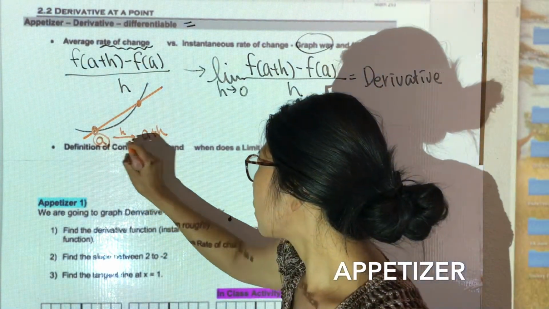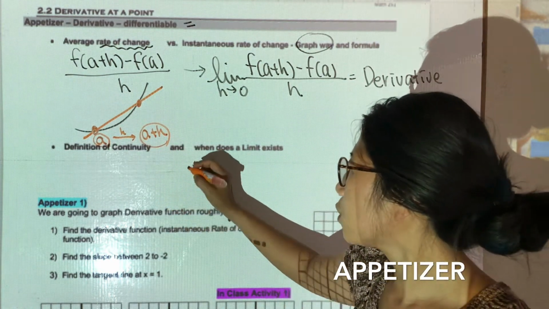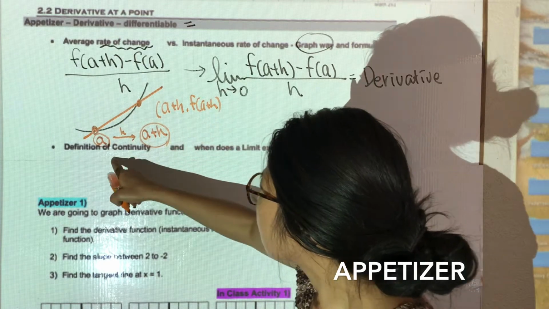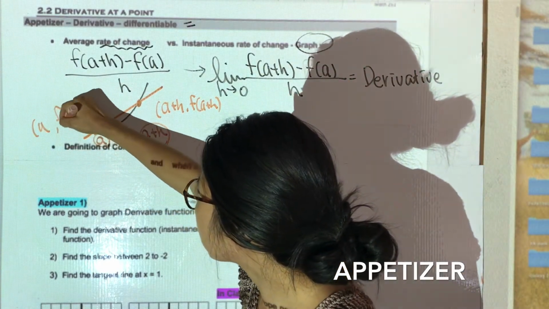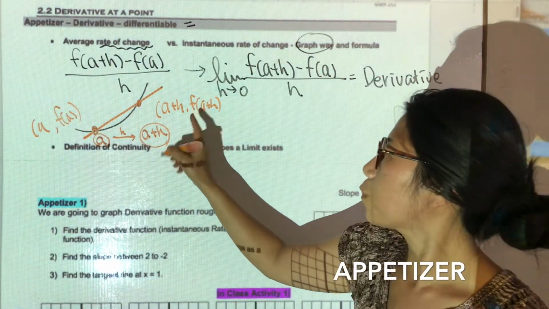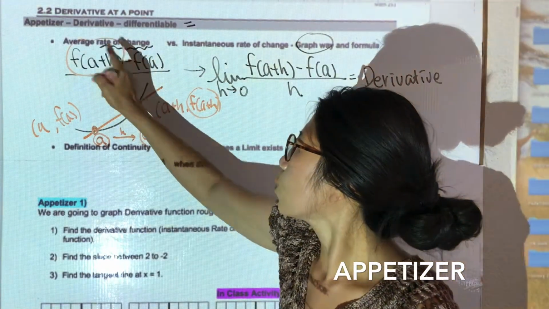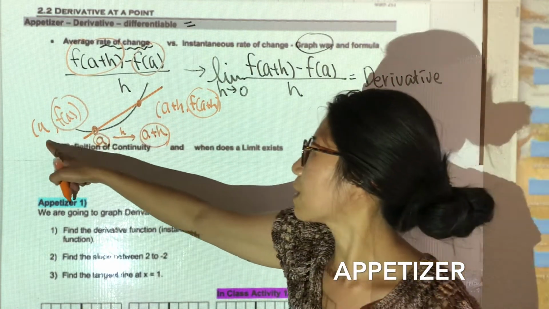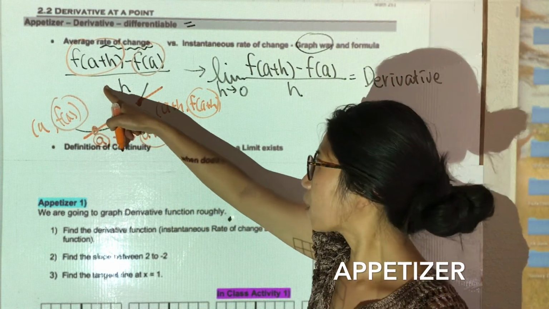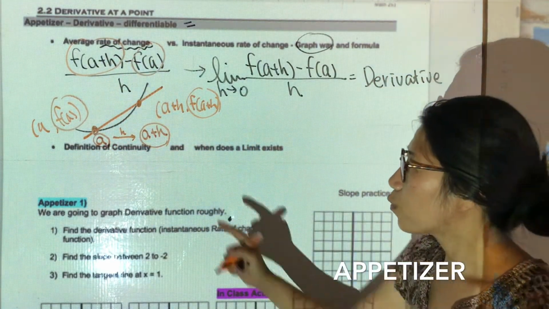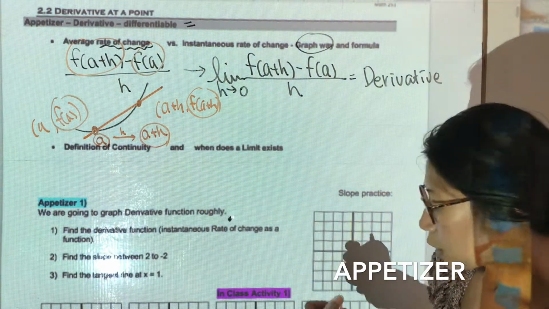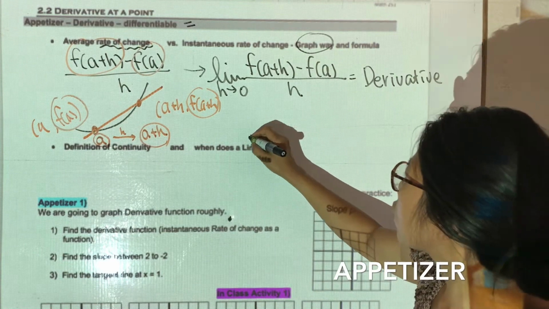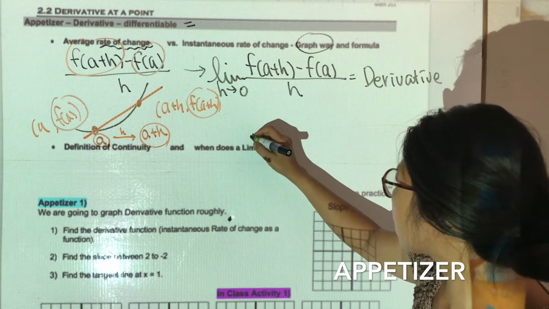As we explained the other day, we have a and a plus h, and the points are (a plus h, f of a plus h) and (a, f of a). If you put them into the slope formula, y2 minus y1 over (a plus h) minus a, it becomes the rate of change. So from 2 points, in order to have the instantaneous rate of change, which we say is the velocity,